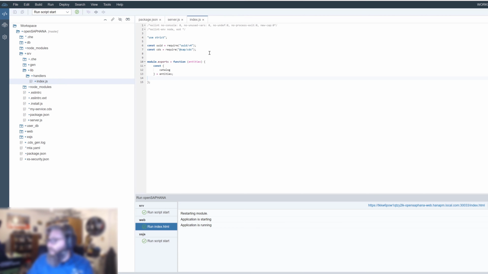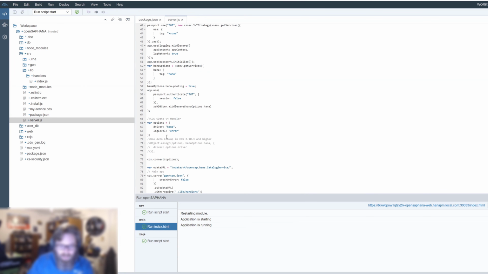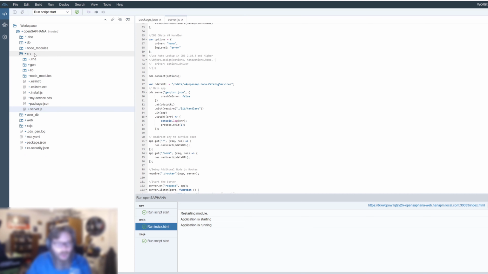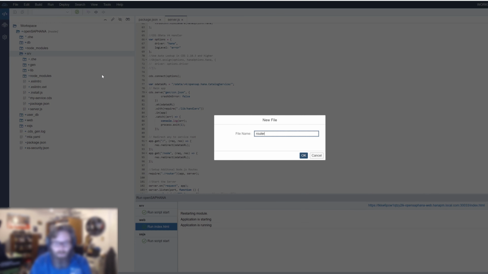The next thing we need to do is start creating this. I'm sorry, I didn't want to close that. Here we reference the router. So we're telling Node.js to look for its routes in a folder called router. So let's go ahead and create that as well. So we'll come here and we'll create a new file. We'll say router